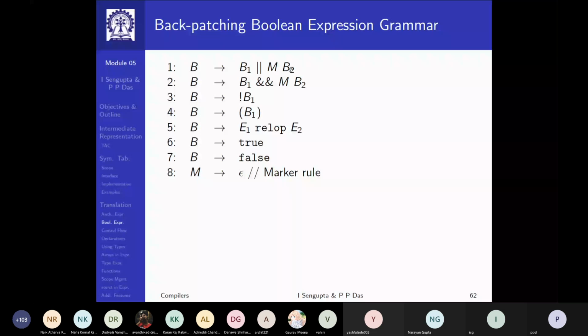So when the reduction of epsilon to M is happening at this point, you know the current value of your quad index, which is next instruction, is the quad where the first instruction of B2 will obviously get generated.